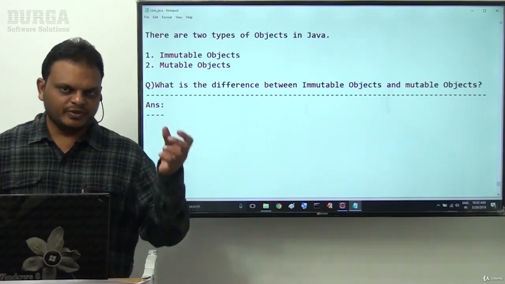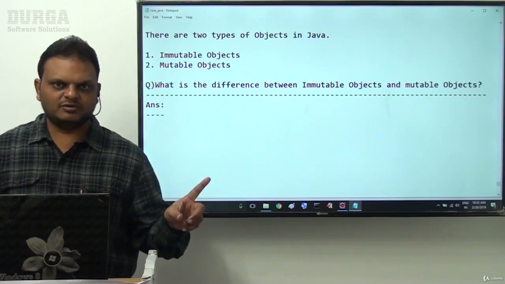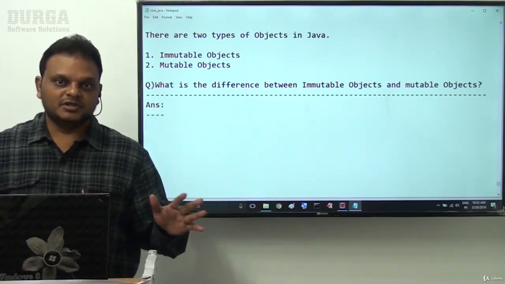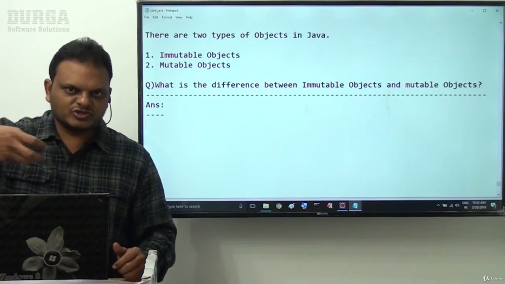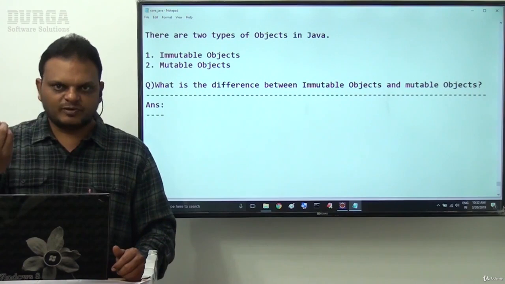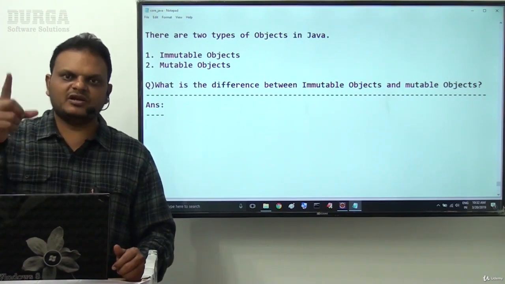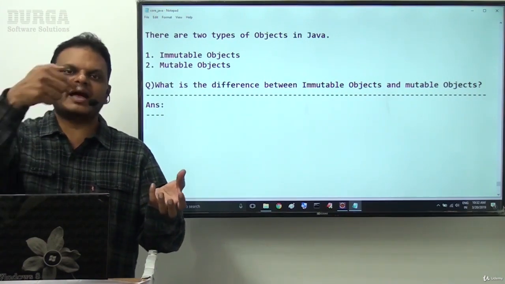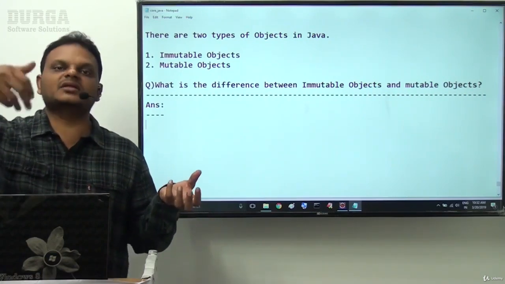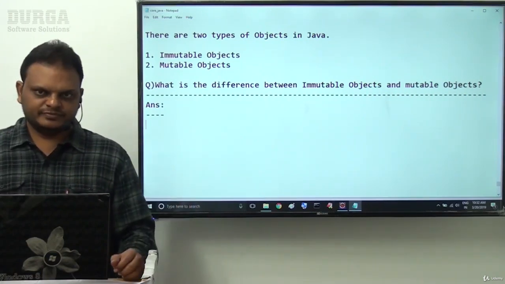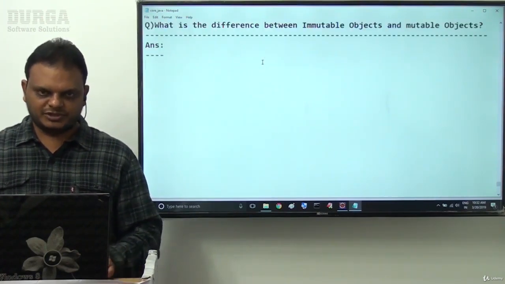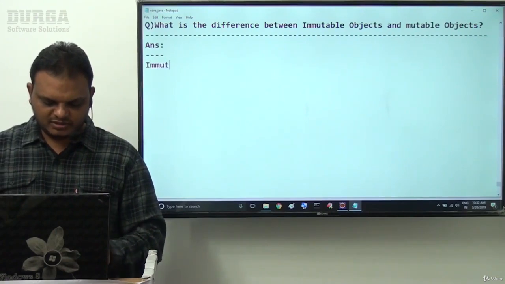Understand this clearly. An immutable object is a Java object. It will not allow modifications on its content. If you try to perform modifications over its content, the data is allowed for modifications, but the modified resultant data will not be stored back in the same original object. The data will be stored by creating another new object of the same class. This is exactly the meaning of an immutable object.